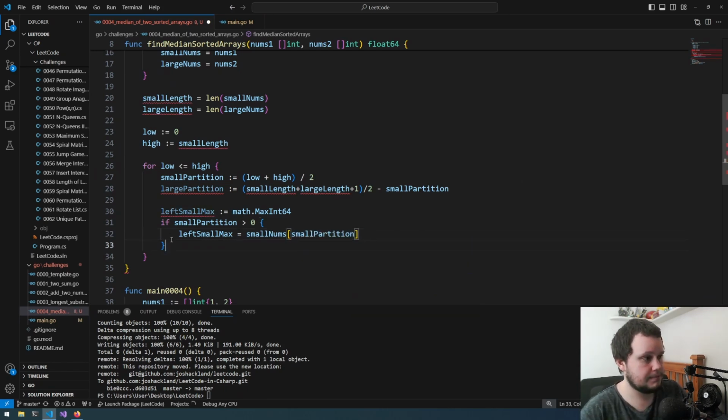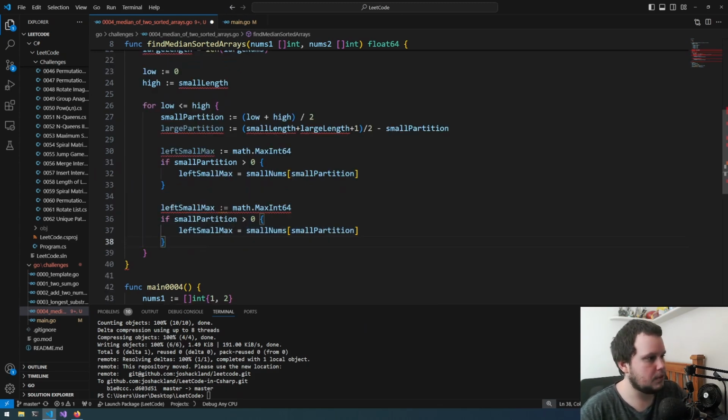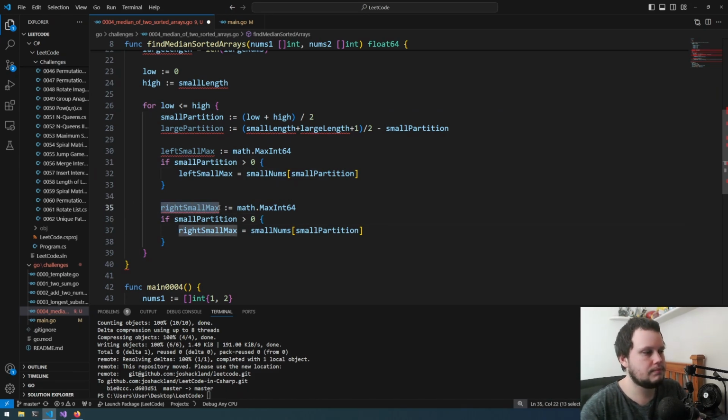So we've got this. Now it's on to the next one, but this time we're doing the right side of the smaller. So just right and right. Oh, I shouldn't have renamed that. I should have stayed small. But now what we're trying to find is the smallest number of the left side. So we do min,